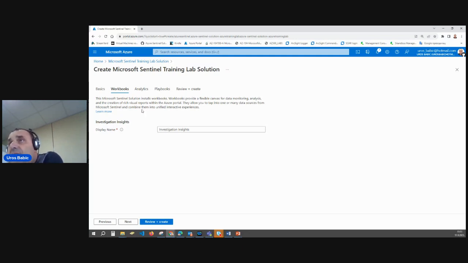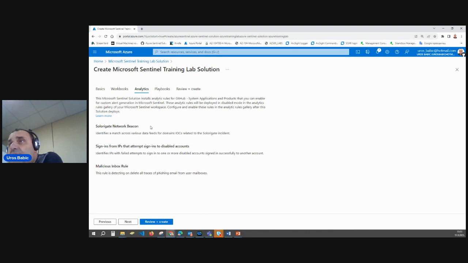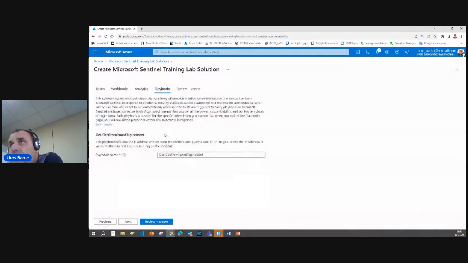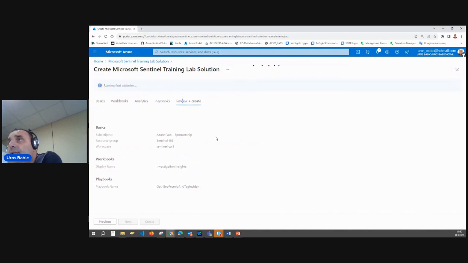I can define the display name for analytics, for example, sign-in from IP, or sign-in of disabled account. I can investigate with analytics malicious inbox rule, network beacon, and based on indicators of compromise. And with the playbooks, I can define Geo from IP and tag incident. This playbook will take the IP addresses and entities from the incident and query the geo IP API to geolocate the IP address, and click actually